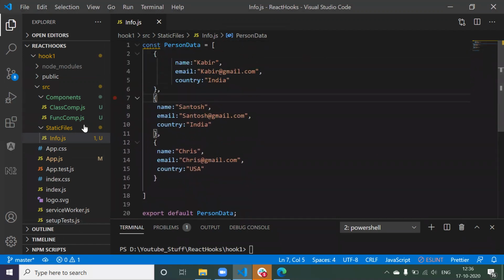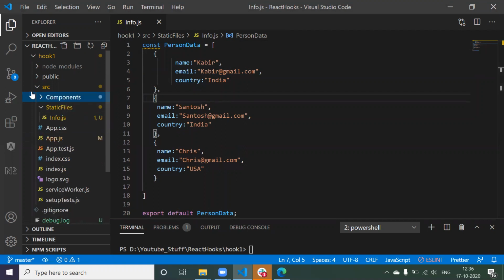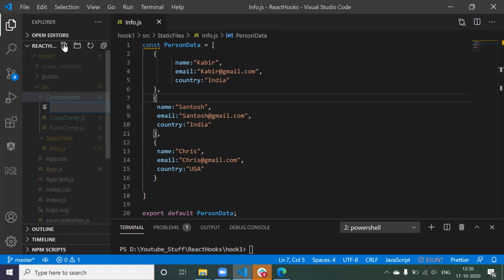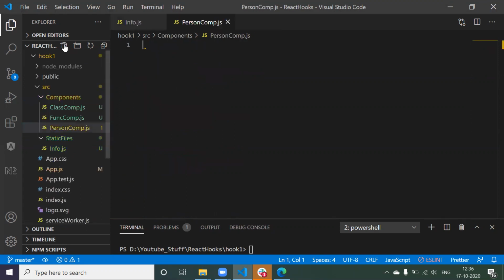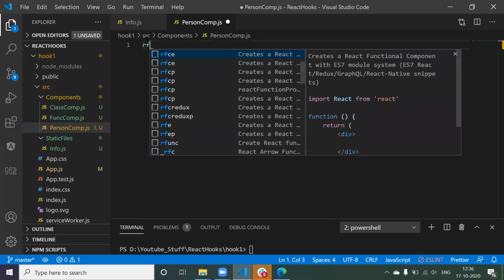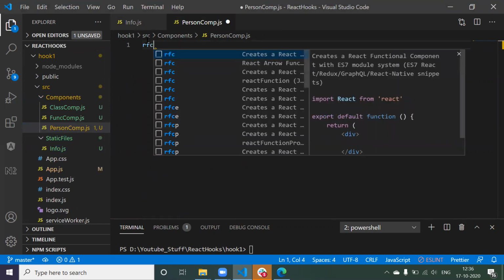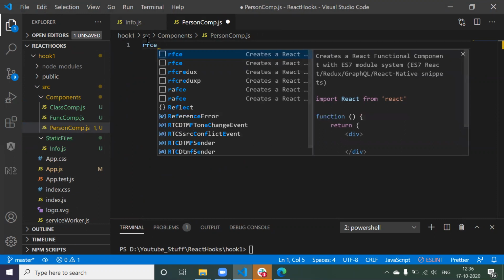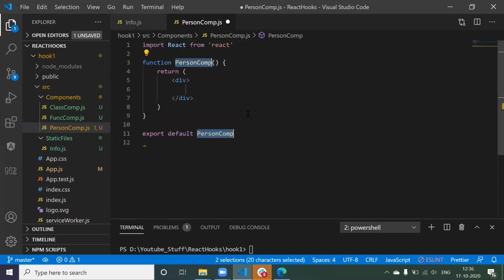So what I'm going to do is create one more component. This time I'm going to say PersonComponent.js. Now this should be a functional component. So rfce, React functional component. Now we got the skeleton of our functional component.